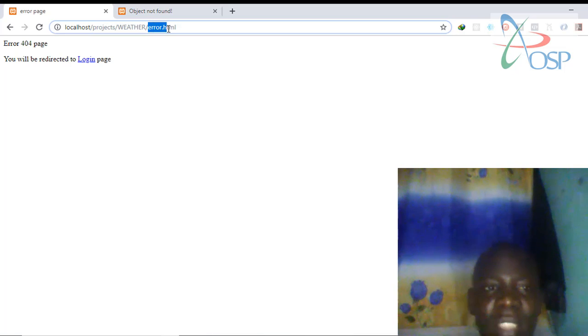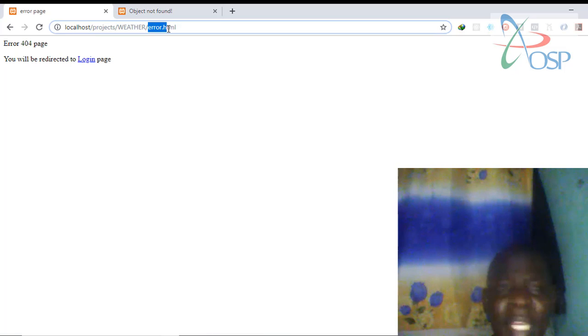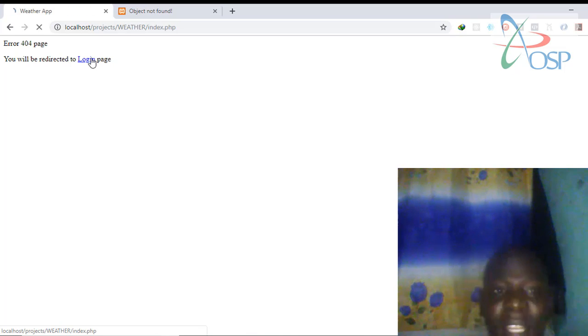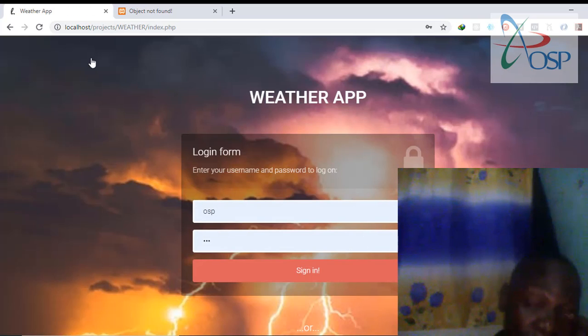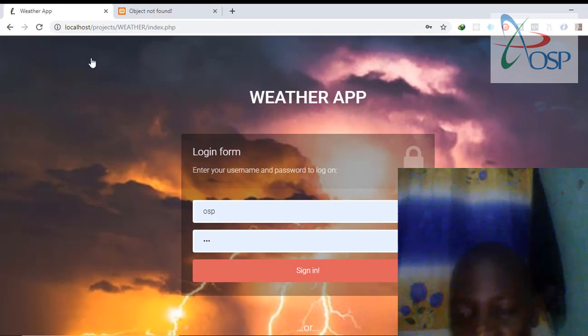I've just made a simple error page called error.php, whereby if something like that happens in the page, I can direct the user back to my page. So if I click here, definitely I will be directed to the login page. I think you can see the user is back to the login page. So members, let us see shortly how you can come up with that simple